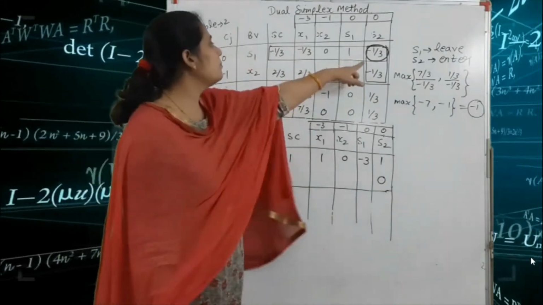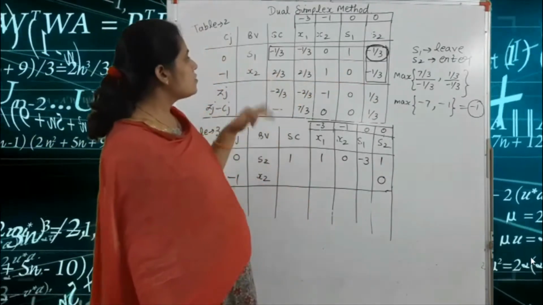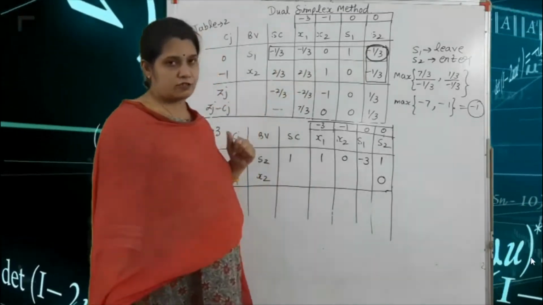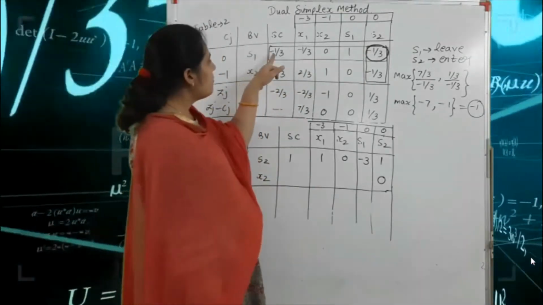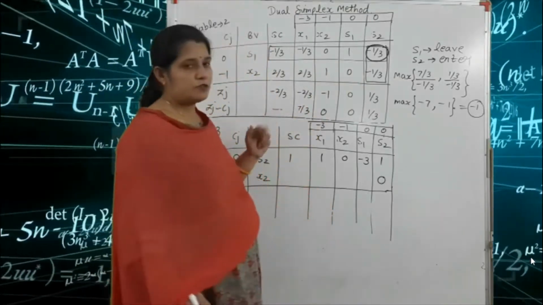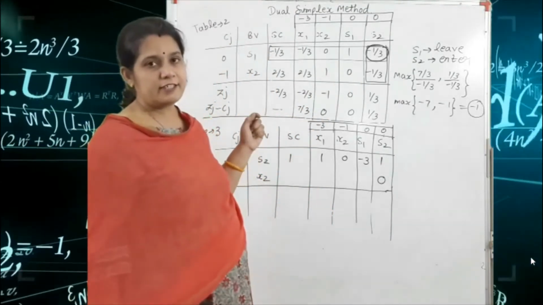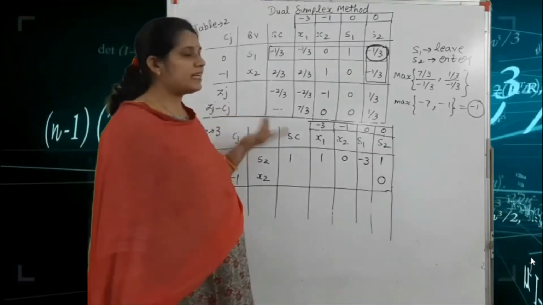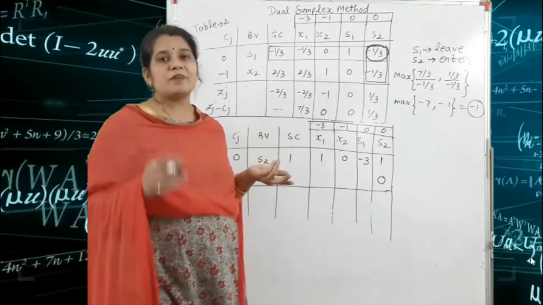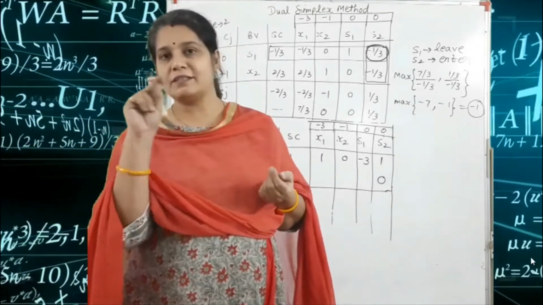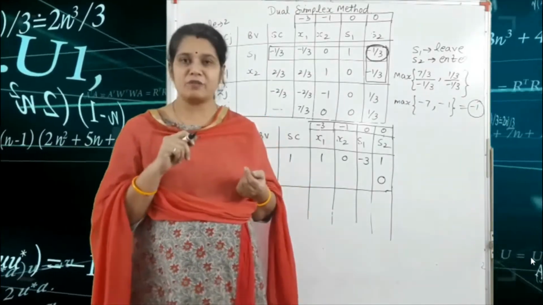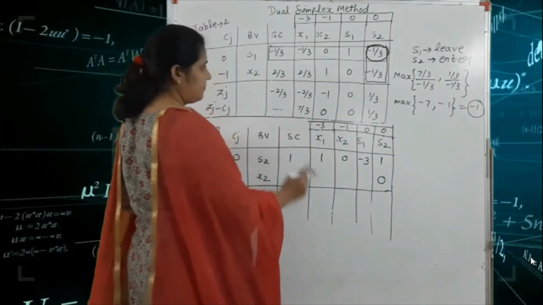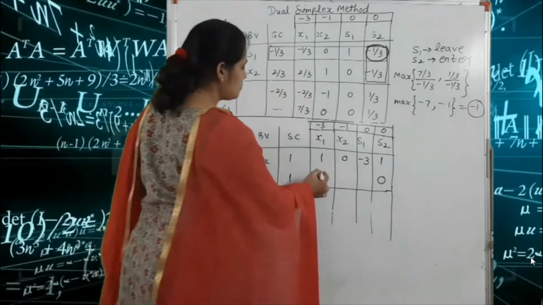Okay, with the help of these values, 2 by 3 into minus 1 by 3 is minus 2 by 9, minus minus 1 by 3 into minus 1 by 3, so plus 1 by 9. Again we write here the minus 1 by 3, so minus 2 by 3 and minus 1 by 3, okay, minus 1 by 9. So here minus 3 by 9 means minus 1 by 3, and divided by again the minus 1 by 3, so we write here the 1. This is the same value, so we write here 1.